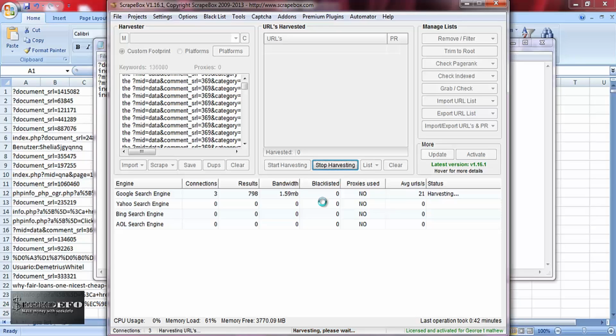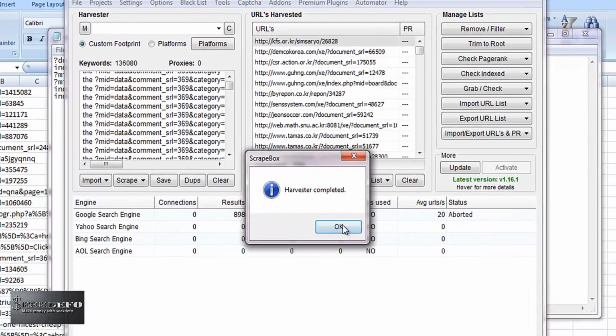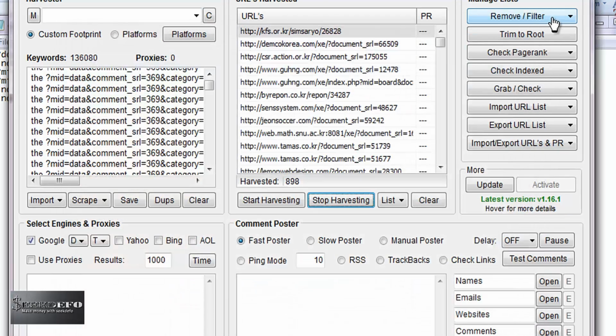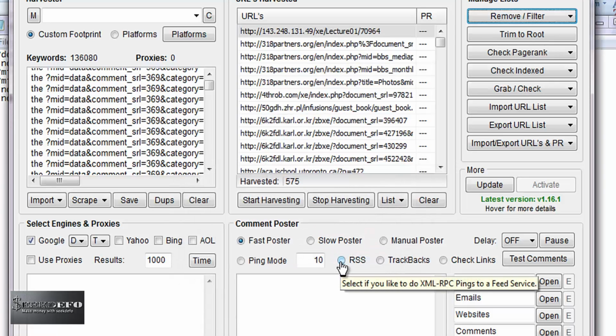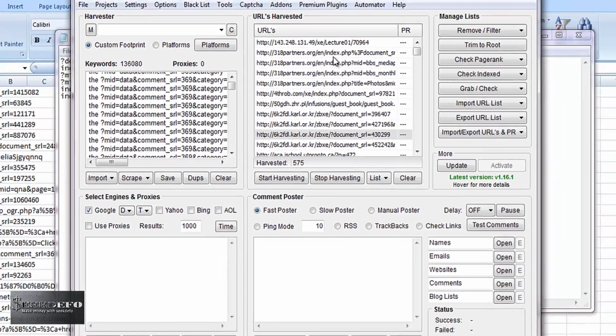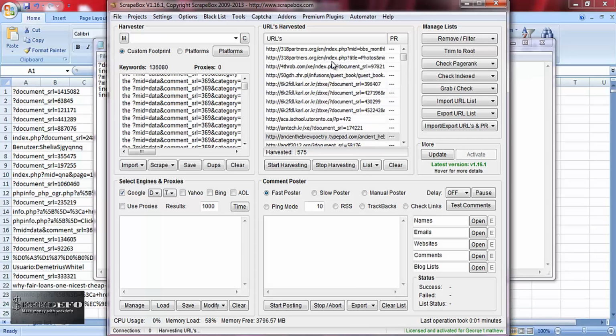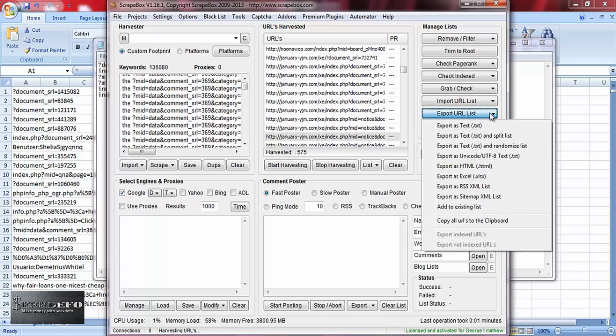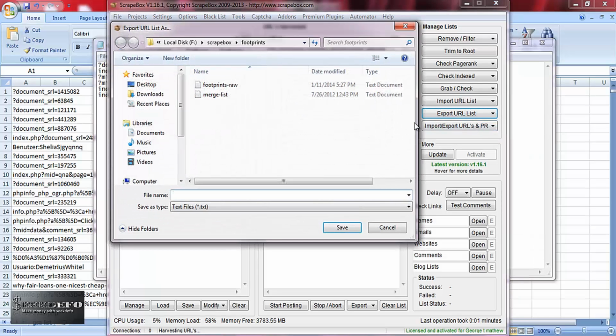Okay, so I have got some results, so I will stop harvesting, and I will go to remove and filter, remove duplicate URLs. Yes, and some URLs were removed. As you can see, it has given me a lot of URLs that I can use for my link building, which are GSA type. What I would do next is export the URL list and as text, and I would save it, say desktop,